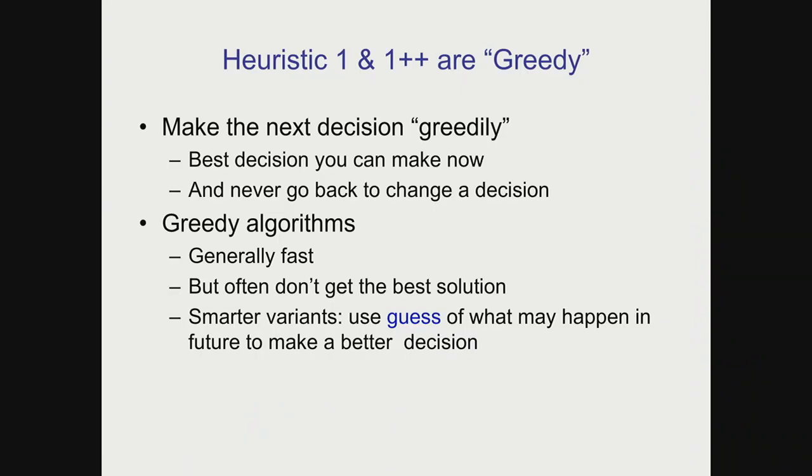Both these heuristics, 1 and 1 plus, are what are called greedy algorithms. They make the next decision greedily. They do whatever seems best without changing any prior decision. They never go back and change a decision. Greedy algorithms are generally fast, which is good. They often don't get the best solution. They actually can sometimes. So